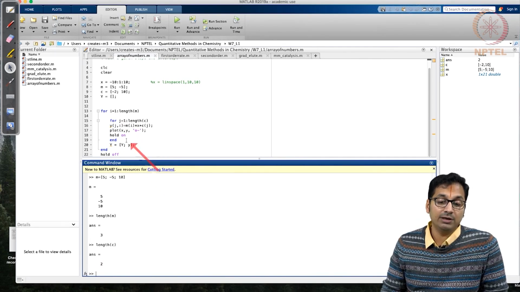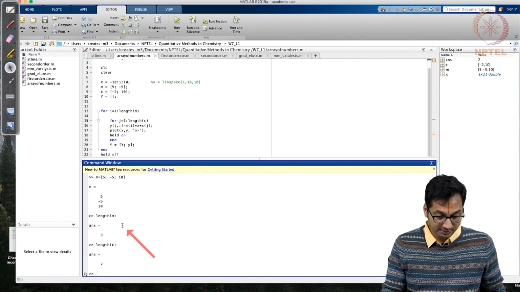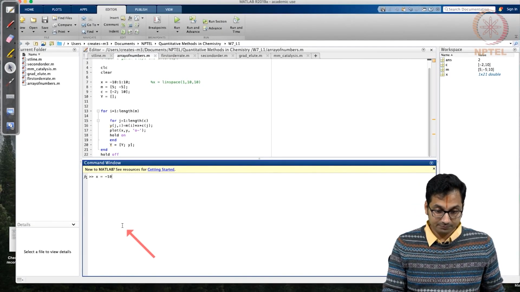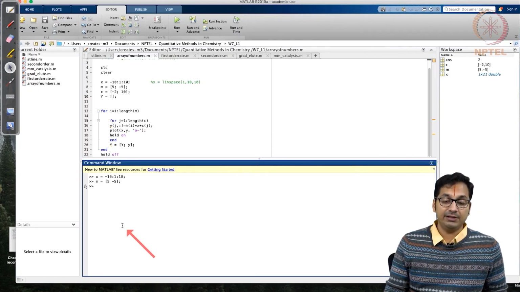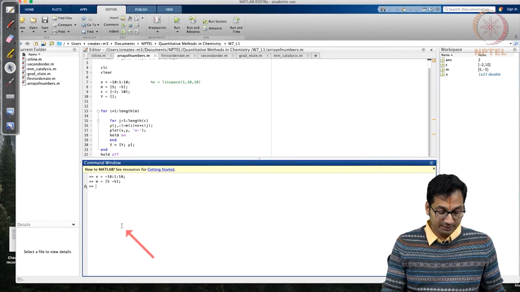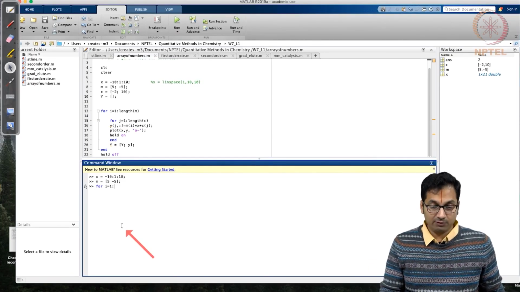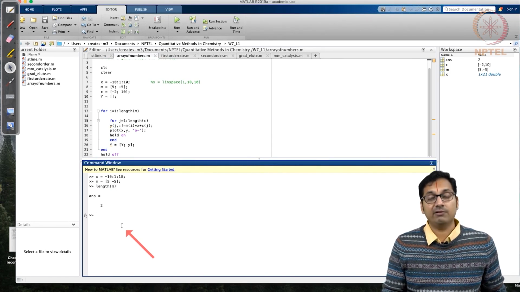So what I am trying to do here is to loop it over. Let us once again take a simpler example. Let us define x between minus 10 and plus 10, and then we can define m as minus 5 and 5. Since we have defined these two, we can say for i, which is an incremental variable, going from 1 to the length of m. Before that, let us ask what is the length of m. The length of m is 2, so we can say for i going from 1 to length of m,